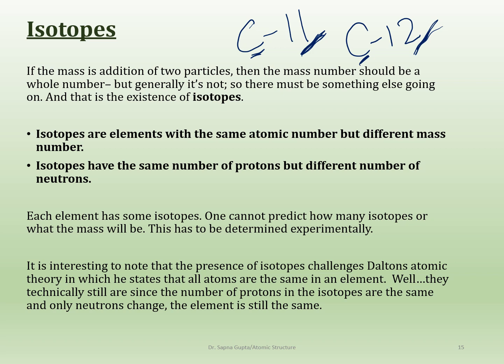Now, can you predict how many isotopes something is going to have? Is it just carbon 11 and carbon 12? Well, there's carbon 13 and there's carbon 14. How would you know that? You wouldn't know that until you were working with these. Nobody knows how many isotopes any element has.